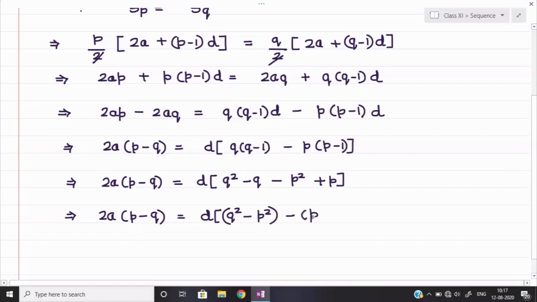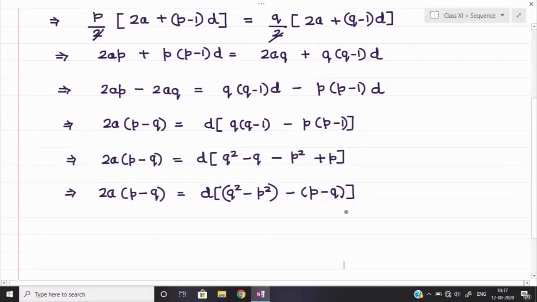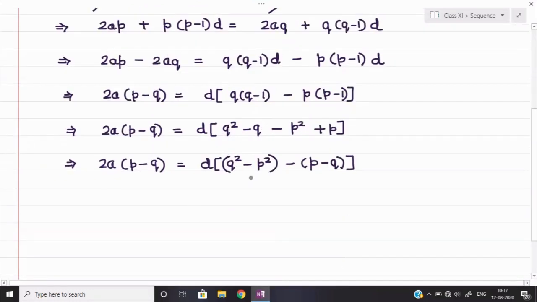I am taking the minus sign common, so it will remain p minus q, because when I take the minus sign common, p will come in the bracket first and q will go at the last. I hope taking the minus sign common is not a problem for us; we can take it easily. Now see, in q square minus p square I can apply the formula a square minus b square, but q is coming first and p afterwards. So we can do one thing: here also we can take the minus sign common.